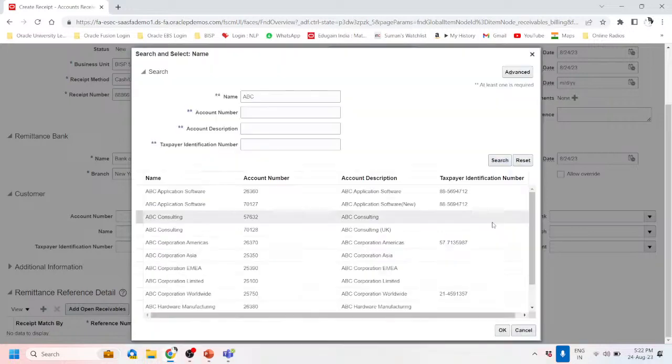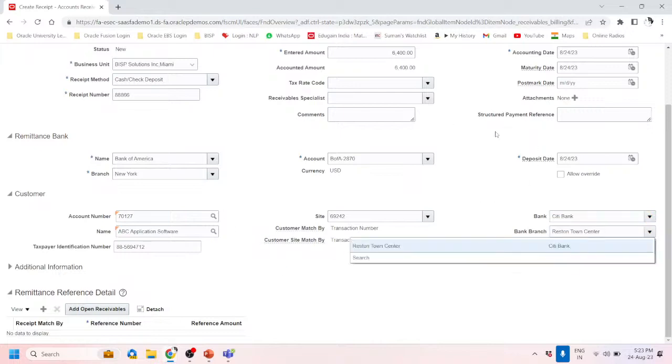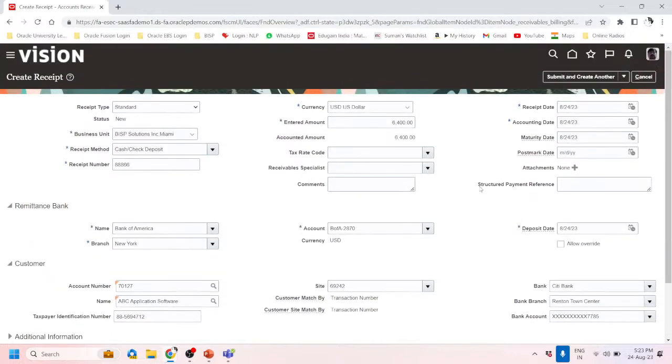Search with that, and just select that. This one is my ABC Software, and select the site and select the bank if you have updated the bank, right? So let us submit and apply manually. I will select submit and apply manually,